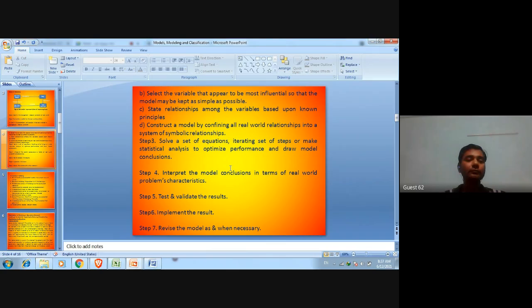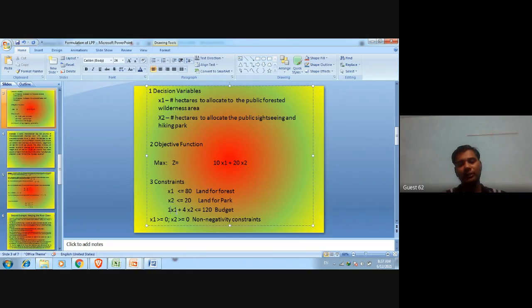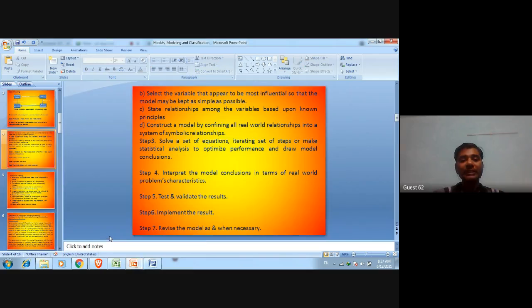Okay, now the next step is solve a set of equations, iterating a set of steps, or make statistical analysis to optimize performance and draw model conclusions. Means when you construct the model, you have to solve these equations. You have constructed so many equations here, just like equation first this, equation second this, equation third this, and this is the non-negativity constraint, means conditions. Okay, so you have to solve these equations